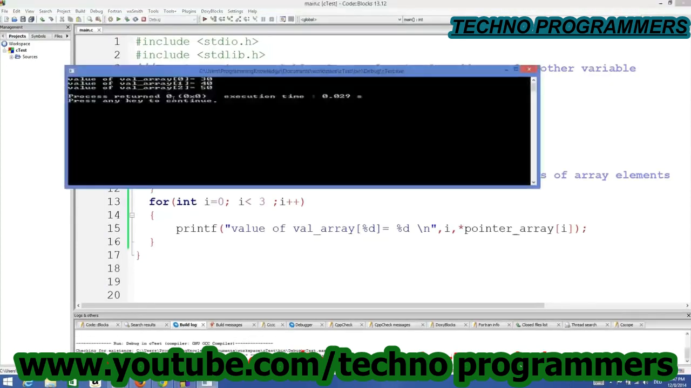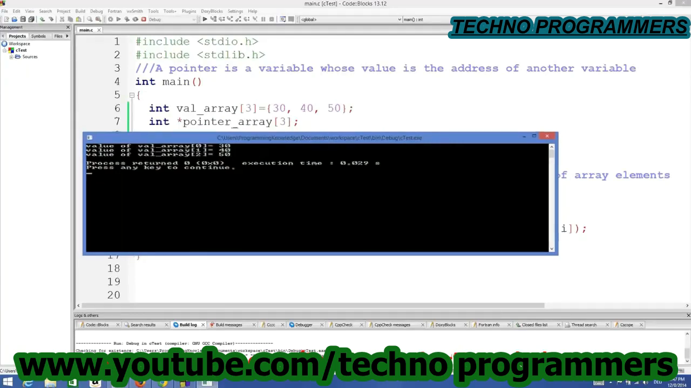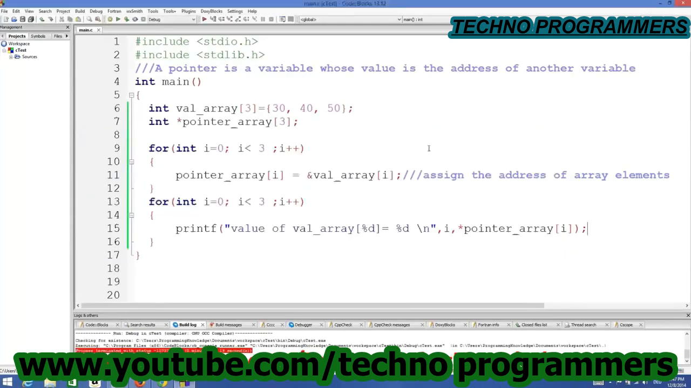Build the program, and we can access the value of val array 0 is equal to 30, which is true, 30, 40, 50. Value of val array 1 is equal to 40. Value of val array at index 2 is equal to 50. So basically you can assign your array to a pointer array like this, and then access your array using a pointer array like